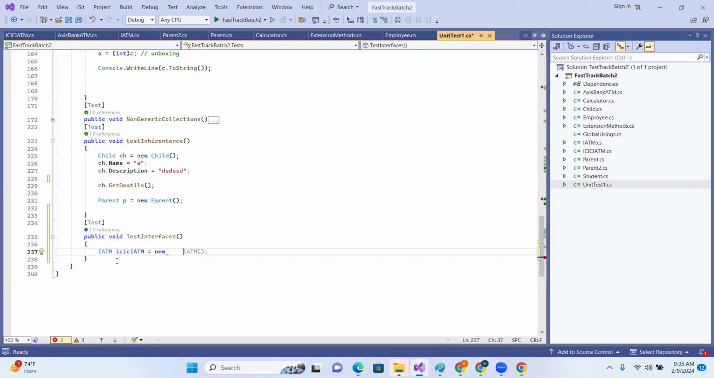New of. Can we create the object for interfaces? No, sir. We should create the object for a class. Class name. So which bank do you want to use? ICICI Bank. Right. So ICICI ATM dot